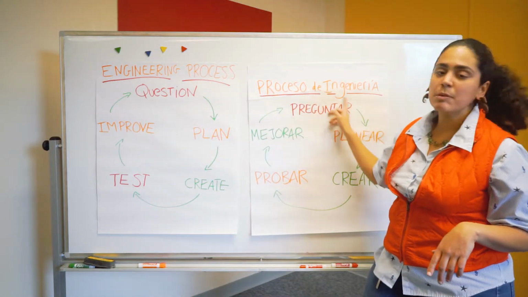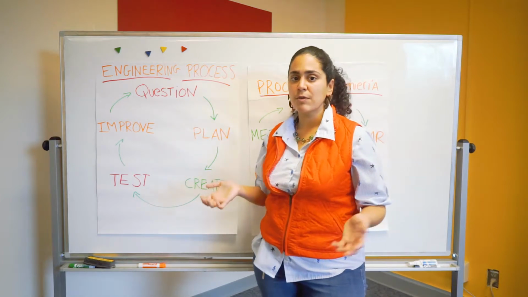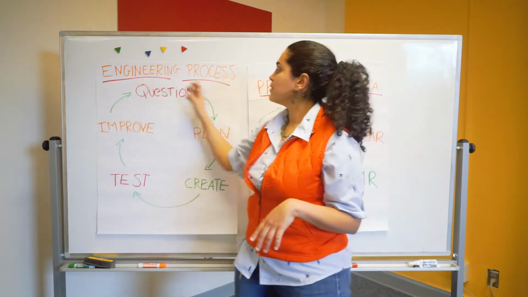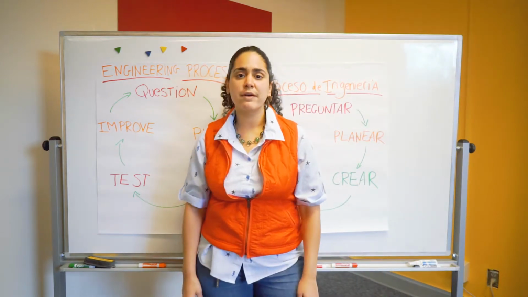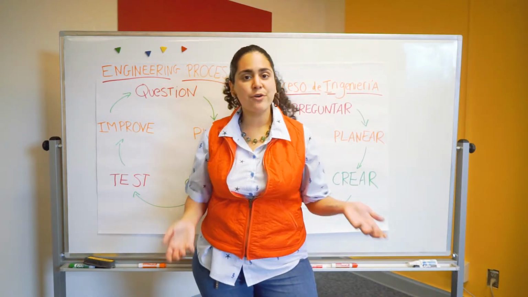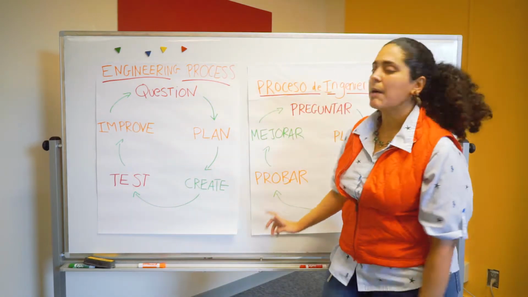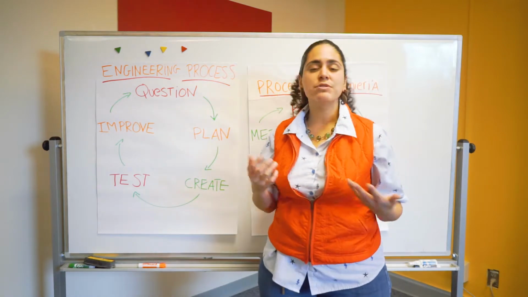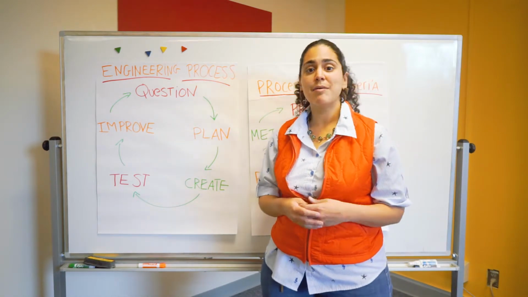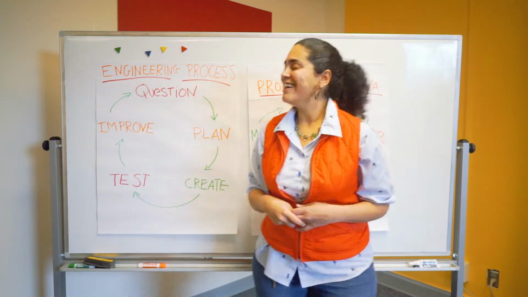Después llegamos al principio del proceso otra vez. ¿Cómo llego de acá allá? Y fue esta la mejor manera de hacerlo. Este proceso, or this process, is a way that we can look at a lot of problems that we have in our everyday life and think about creative ways to solve them. Este proceso puede ser aplicado a problemas que tenemos en nuestra vida diaria y podemos encontrar maneras de mejorar nuestra vida con este proceso de ingeniería.